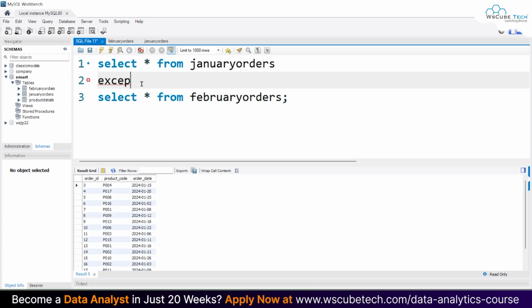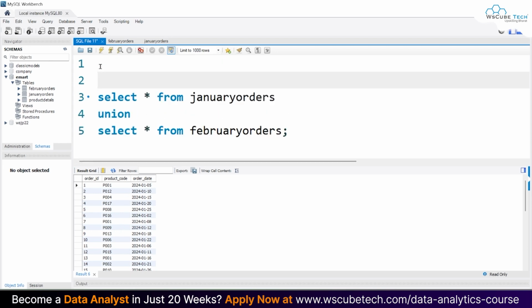As of now, as you can see, if I use union over here, I obtain all the data from both the tables. Now let's say I want to view the product name and their prices with the order IDs as well. So in that case, what do I need to do? Let's have a look at that.